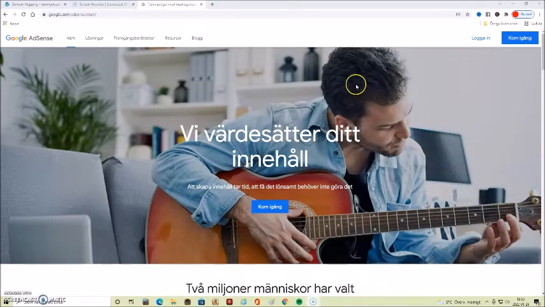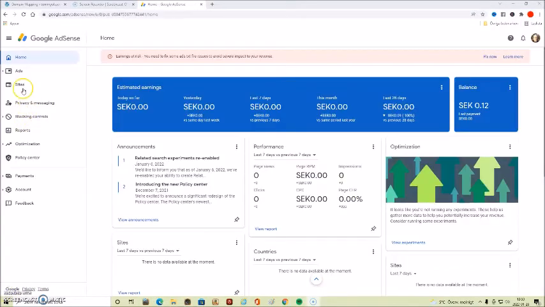So here we have a button to get an AdSense account. It will say get started, or if you already have an account you just click on login, and I'm going to log into my account now. When we are logged into Google AdSense, we click on sites to the left here.